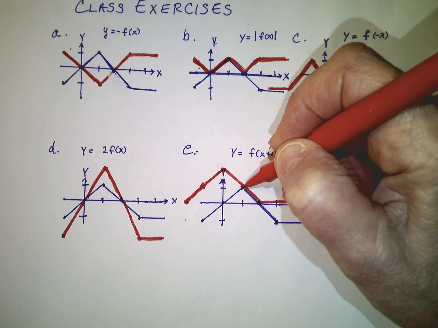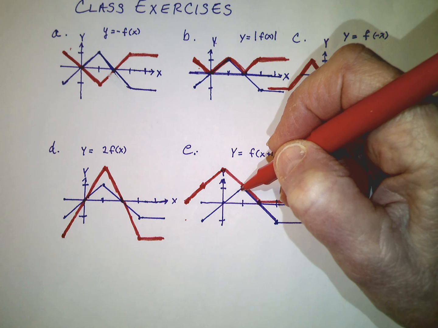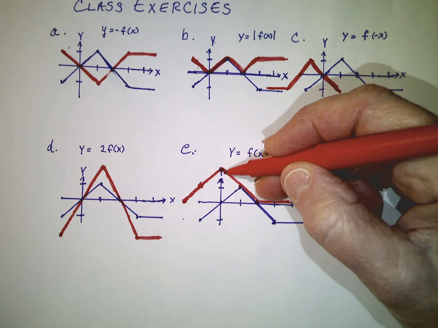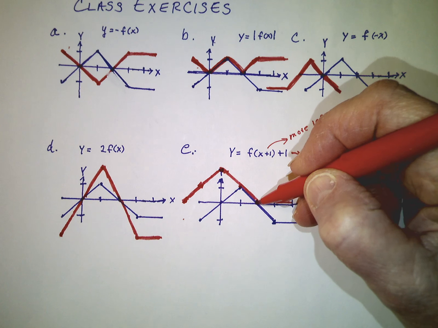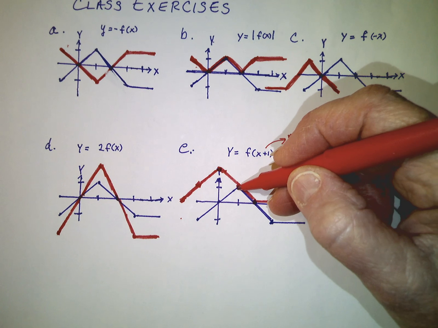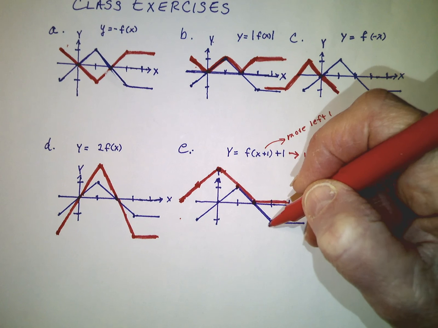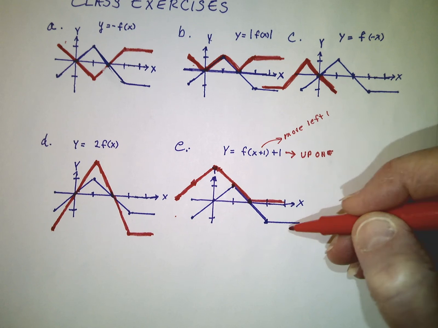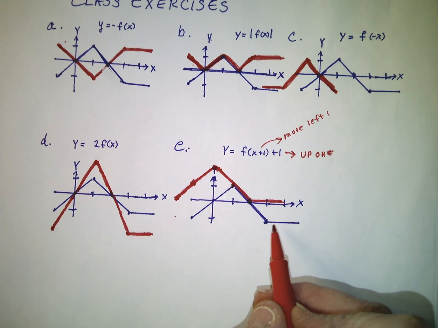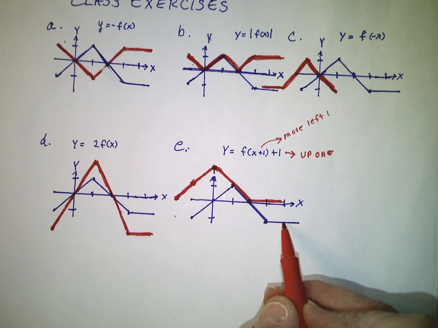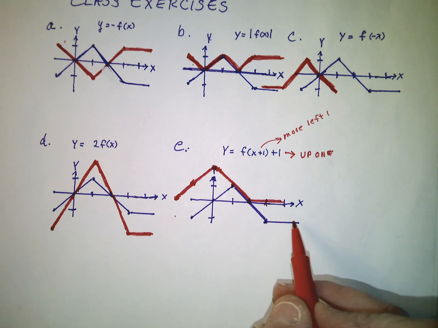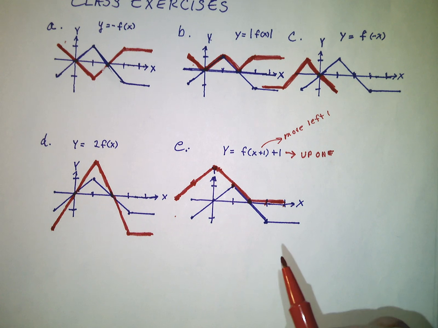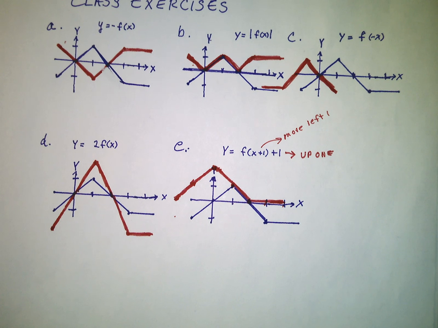This peak on the original gets moved left 1 and up 1. So here's the peak on the new one. This was 0, left 1 and up 1 puts it here. Left 1 and up 1 puts it here. And left 1 and up 1 puts this here. Left 1, up 1 puts this here. Moving